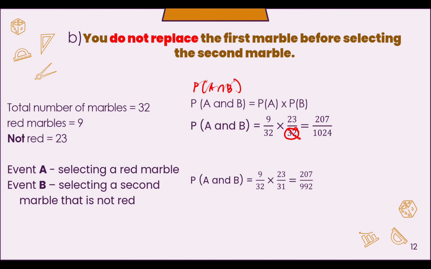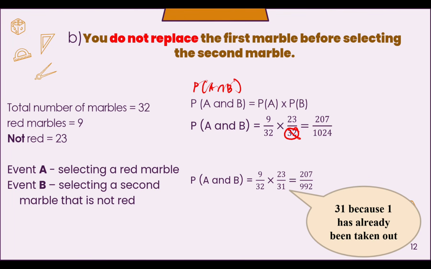But this time, the probability of selecting a marble that is not red is 23 because there are still 15 green and 8 blue. But this time, since one marble has already been taken out from the bag, we already have 31 only. So the number in the sample space has been changed from 32 to 31. Okay? Because one has already been taken out. So, doing the operations, 9 times 23 is 207. 32 times 31 is